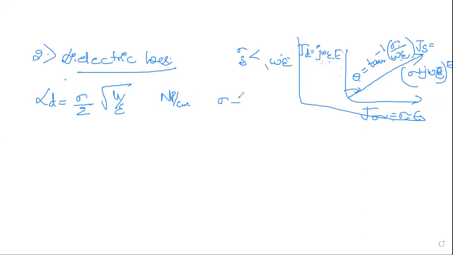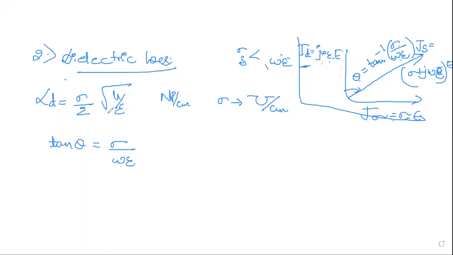We know sigma is related with unit, that is mhos per centimeter. In terms of dielectric loss tangent, this is when you write for tan theta. So tan theta is equal to sigma by omega epsilon. This equation has come exactly from this particular graph. But since this whole theory concept is not there, I just want you to know that this is nothing but the conduction current density and displacement current density, J sigma and JD. From this, we write the equation and we derive it for tan theta.